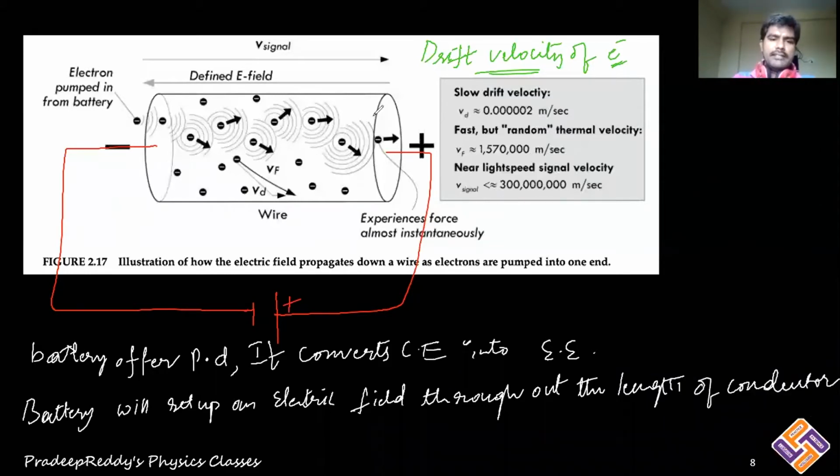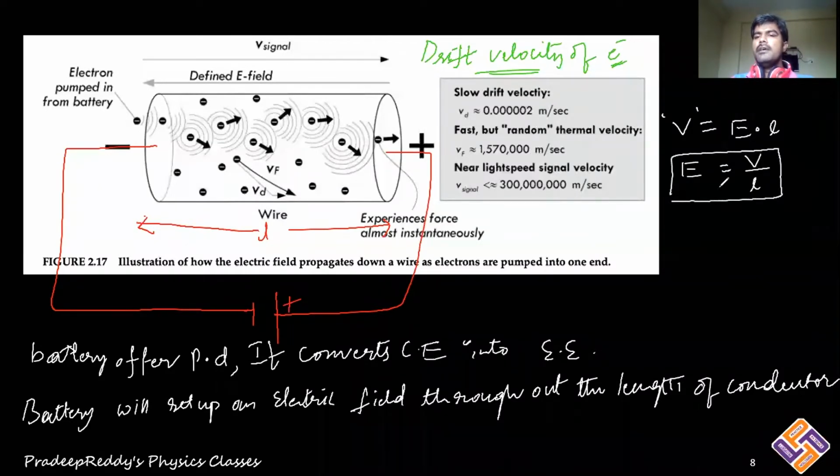So here let us consider its length. Length of the conductor is this. This is the total length of the conductor. Right? We have already got the relation between potential and electric field. We know that V is equal to E dot L, right? So whenever there is an electric field, definitely there is some potential difference, and wherever an electric field is produced, the electric field can be calculated as potential divided by its length L. So this is the relation between electric field and electric potential.